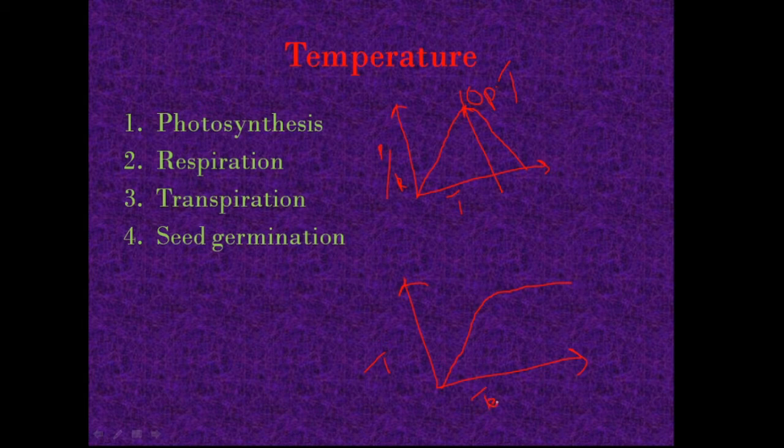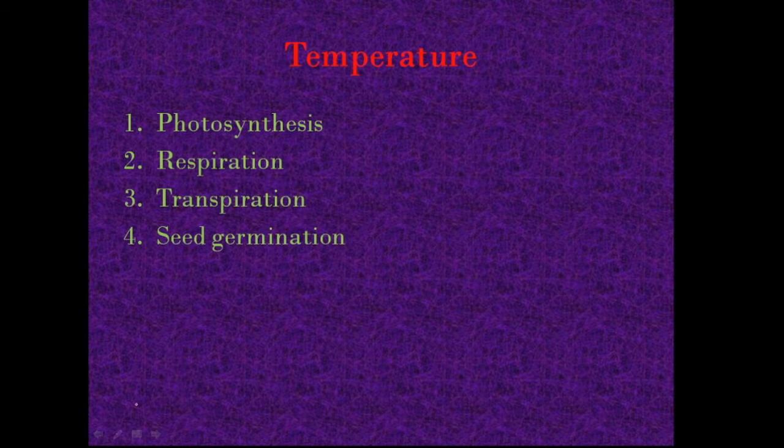So this is how the temperature also affects the functioning of the plants. And now, how the plants show variation in their adaptation when the amount of temperature varies. How the plants adapt to varying temperature differs from species to species. For example, let's look at the desert plant.